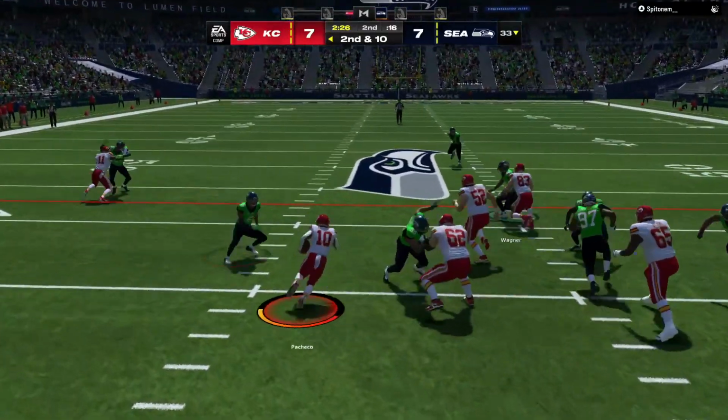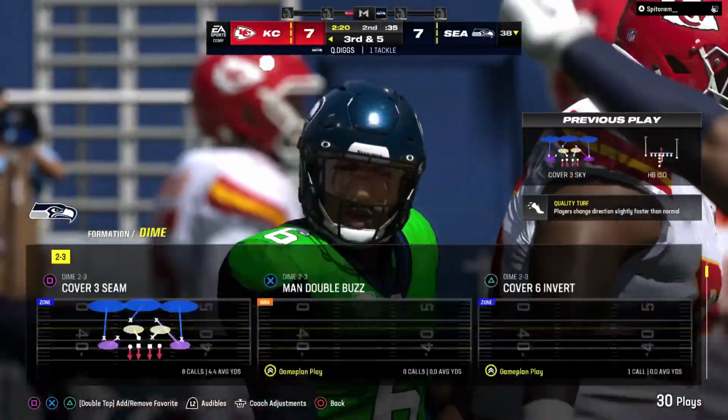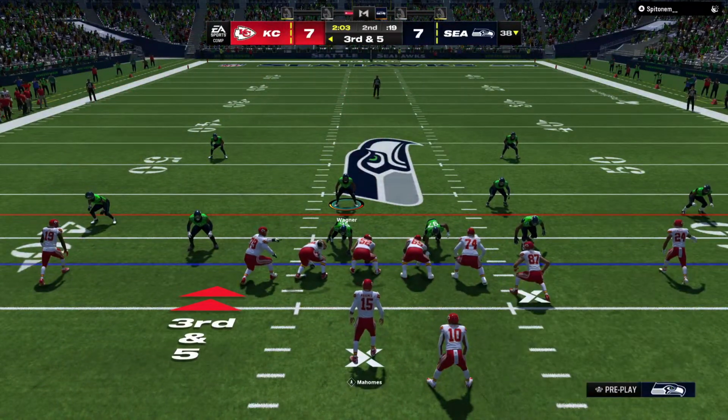A run by Pacheco on 2nd down. And he'll work this one out to about the 38. I think we all suspected that they were going back to him after he found the end zone on his last carry, and they kept the positive momentum going there. Another nice run by